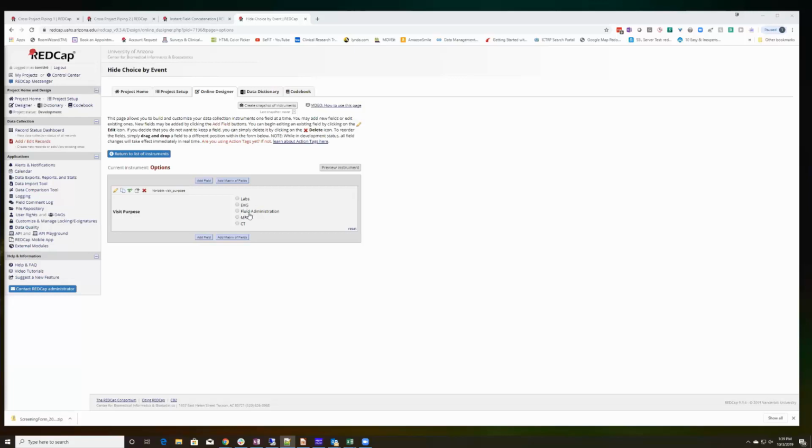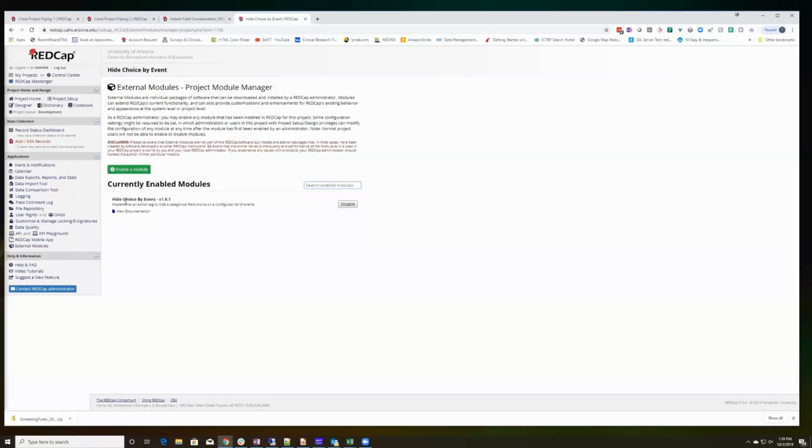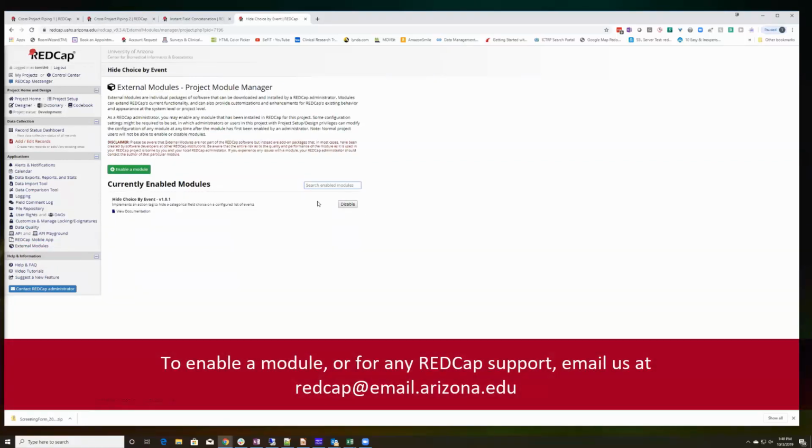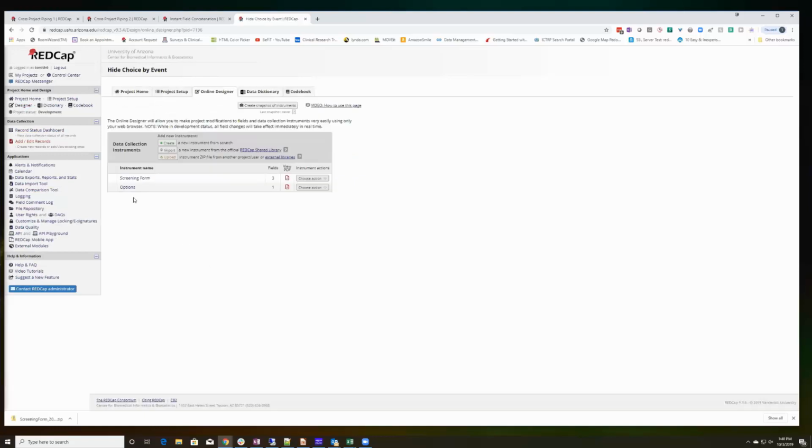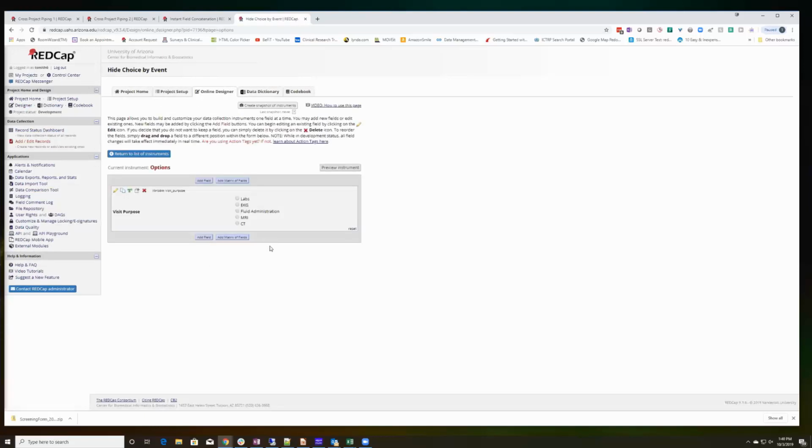Maybe on the last visit I only want labs and EKG. There are all kinds of ways you can configure this. The thing that's complex is that once you set the hide choice by event, there's no configuration here that you can see. You do need to configure it, but you do it on a field level basis, and you have to do it using